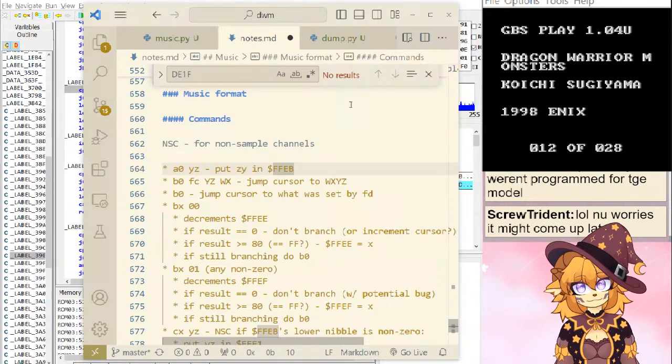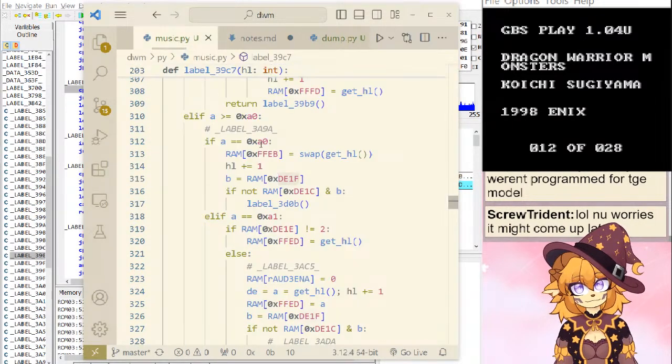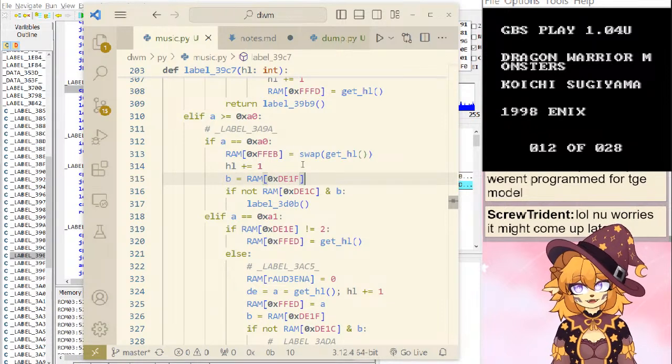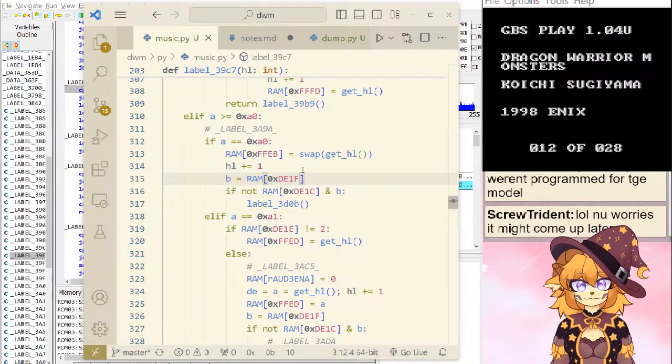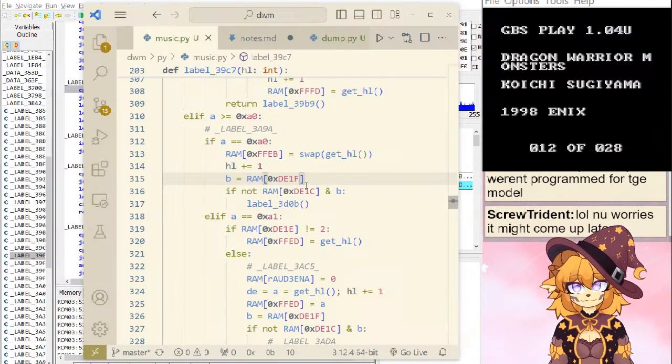What is this? We don't know. Okay. It's the byte right after the channel index, so it's probably related to current channel information.